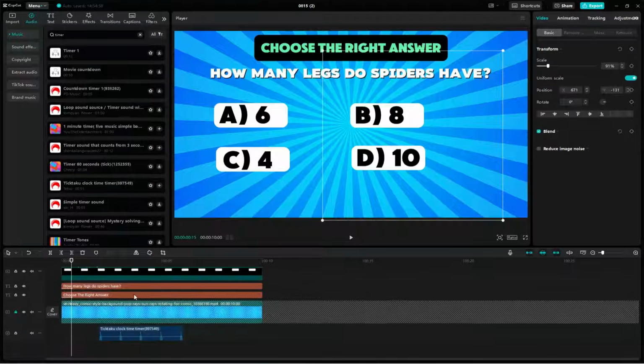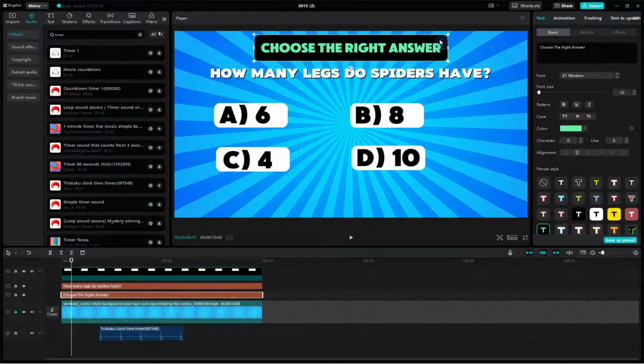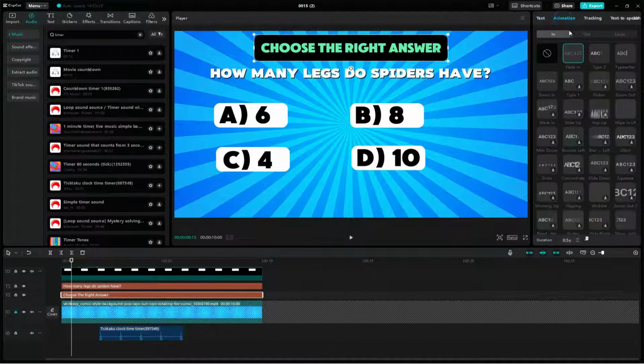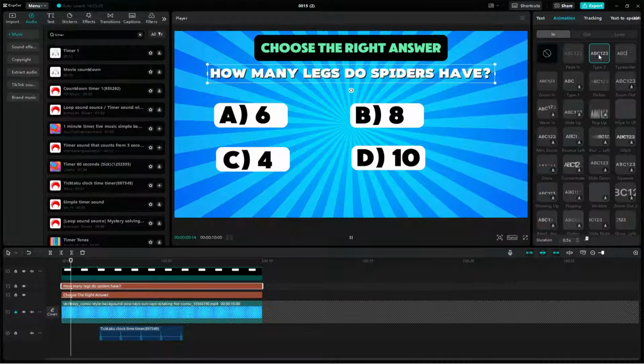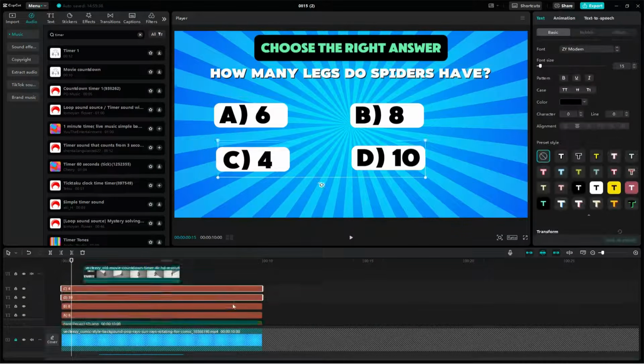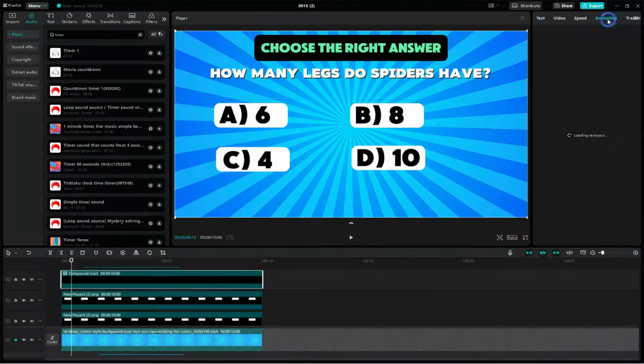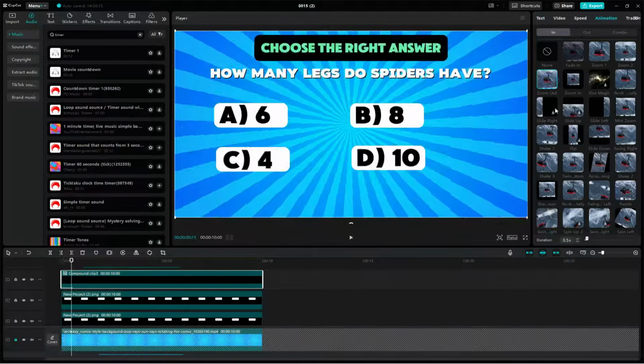Add animation to all visuals to make them appear nicely. Start with this layer, select an animation, and apply it. Add a suitable animation to the question layer, like Type 2. For options, select all layers, make them a compound clip, and add a zoom out animation with a duration of